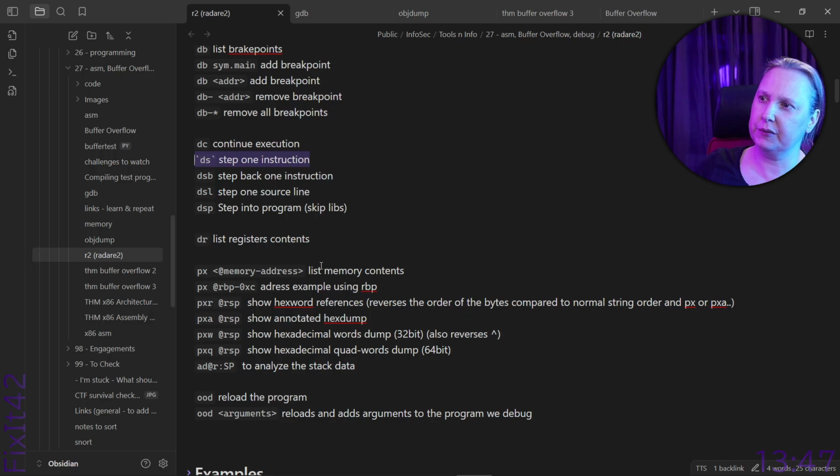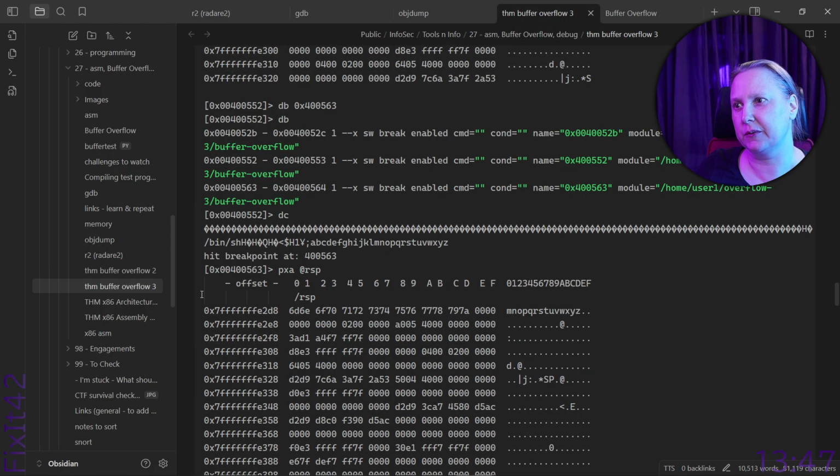Step 1 instruction. Maybe if I use DSL here, step 1 source line, that would have been better. And step into program, for me, into means not skipping stuff, right? That would be stepping over stuff for me. I don't know. Maybe I'm backwards.